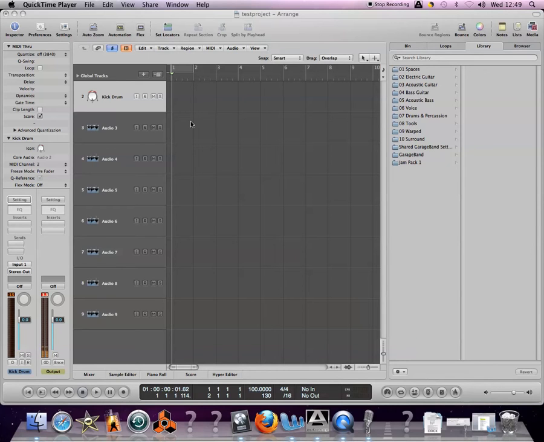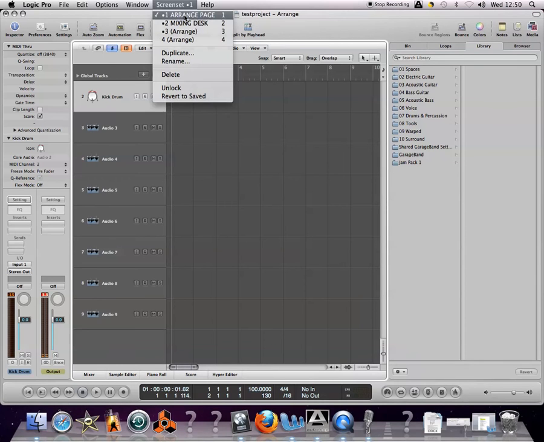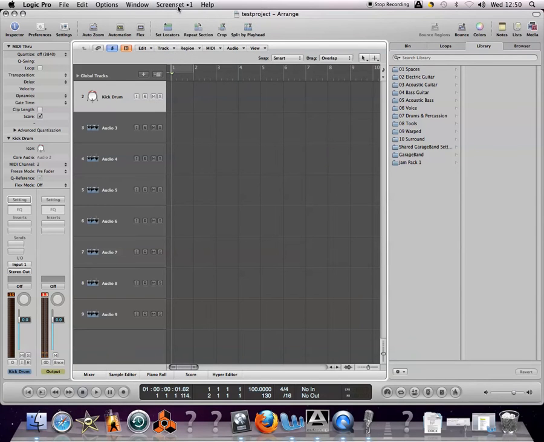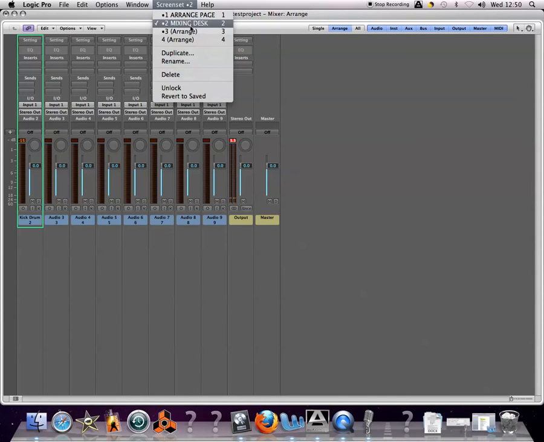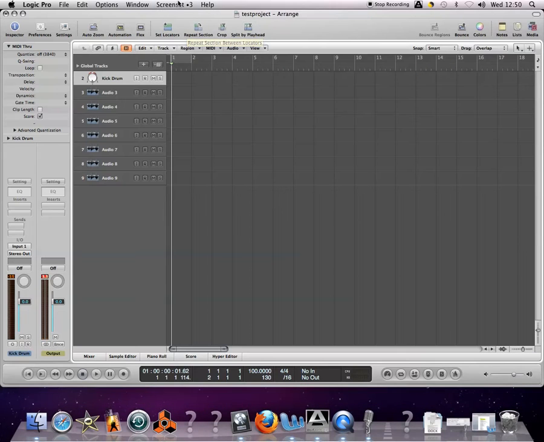So it's a bit like creating navigation that you'd see on a website, really, but for your Logic project and for different windows to display different things. So the way you need to do it, first of all, you need to create yourself several screen sets. So I've created 3 screen sets here. I've created an arrange page, which is assigned to screen set number 1, a full-size mixing desk on screen set 2, and on screen set 3